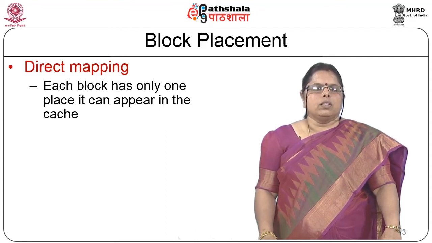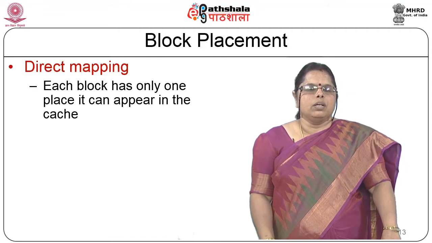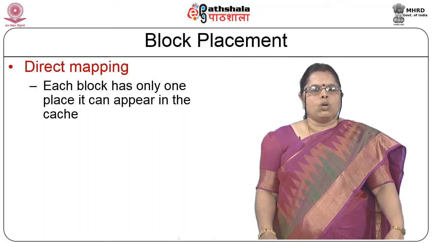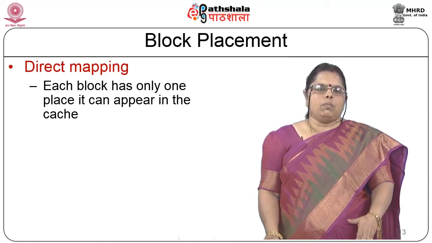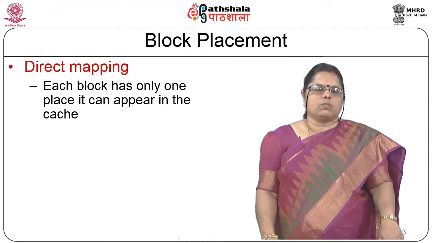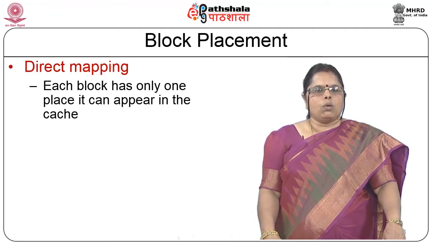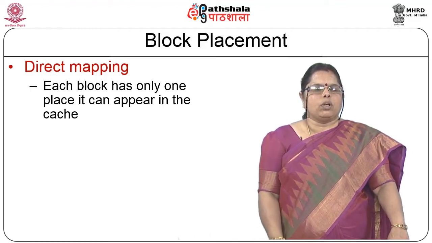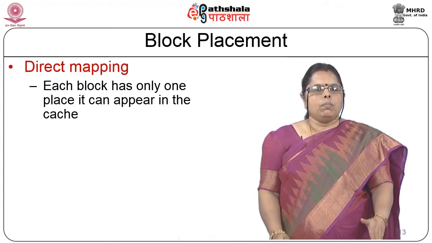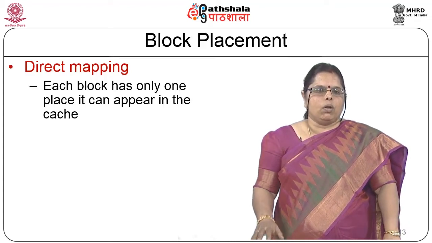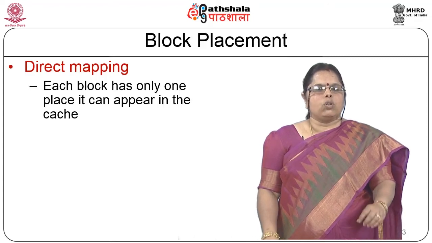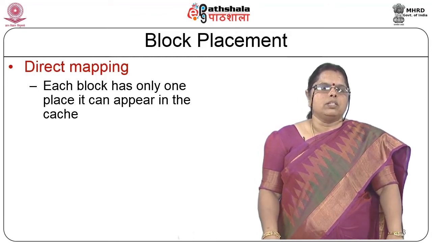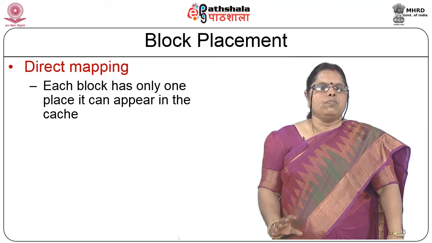The second thing you have to remember is that when the processor requests a particular word, it is normally not only that word that is transferred from main memory to cache. We want to exploit the spatial locality of reference. So, it is normally a block of information that is transferred from main memory to cache. Remember that the main memory is divided into a number of blocks. The cache is also divided into blocks of equal size, and the transfer between the main memory and the cache happens only in terms of these blocks of fixed sizes.